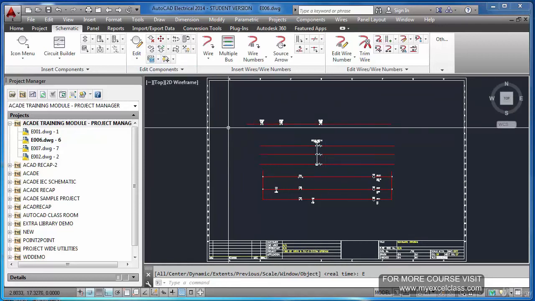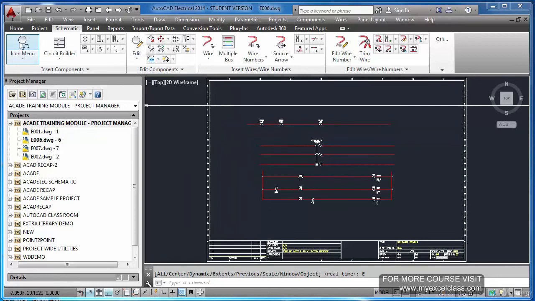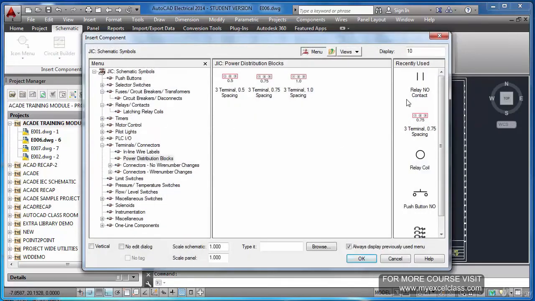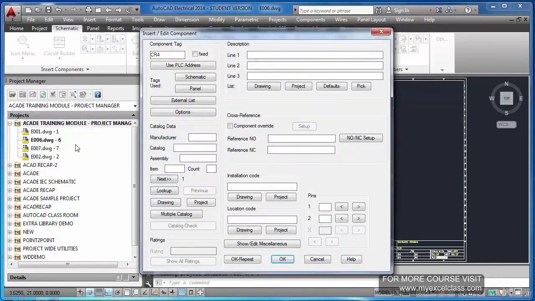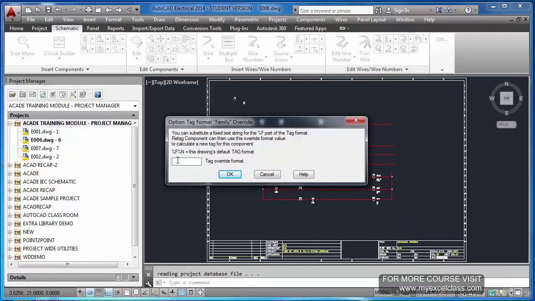Now if I want to insert a coil in this sheet, this is sheet number 6. I will go to options and type percentage S. Here you see percentage F and N. F stands for family, N for numbering.